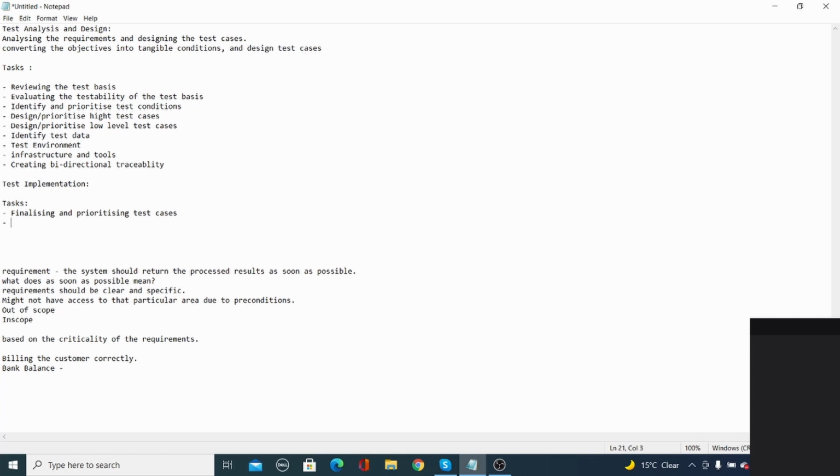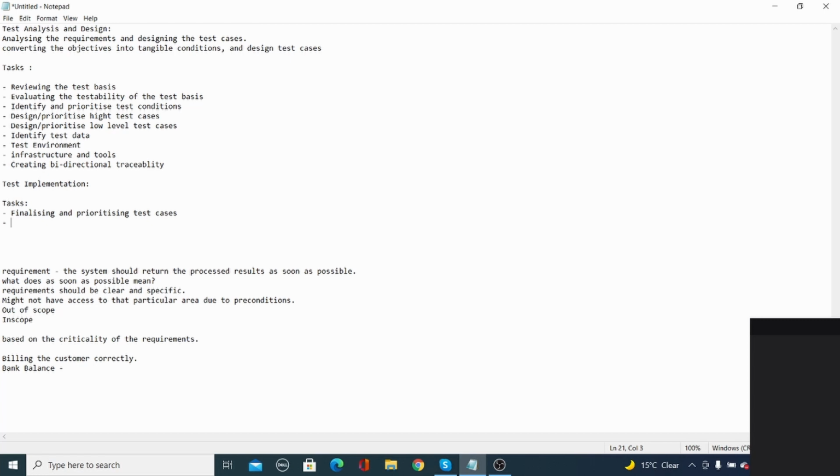Why do you need to finalize the test cases? You have 5,000 requirements and 25,000 test cases. Can you execute all these test cases at the same time? No. Another thing is that those test cases are for the full system, but we might have built only one area of the system.